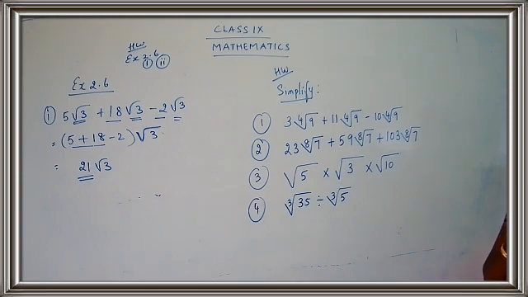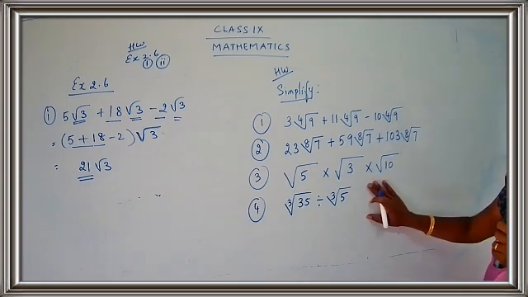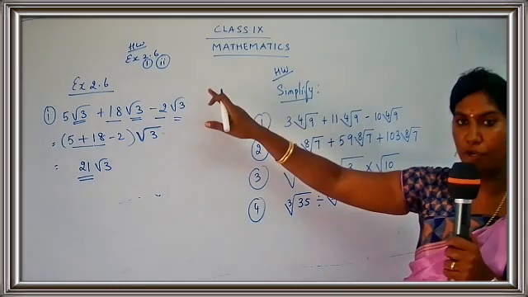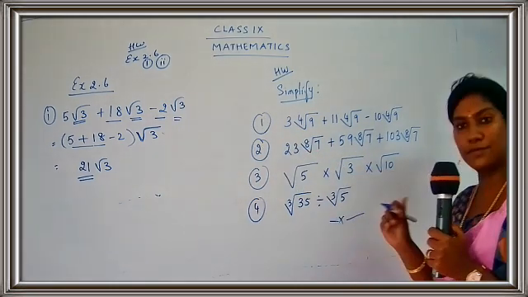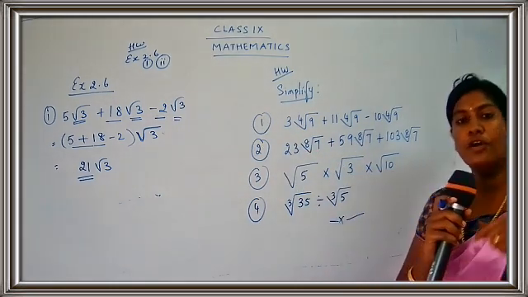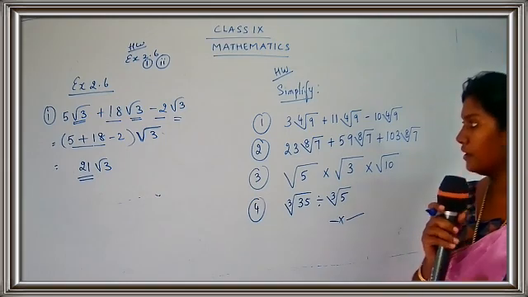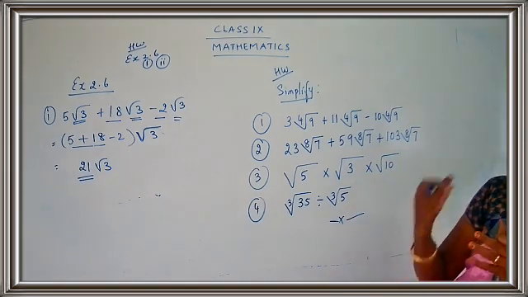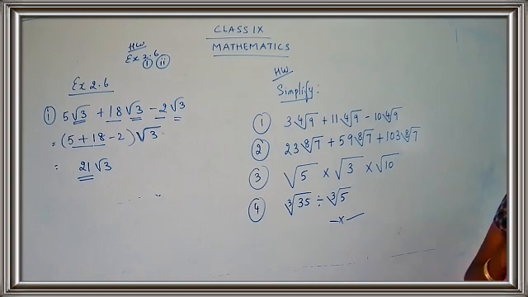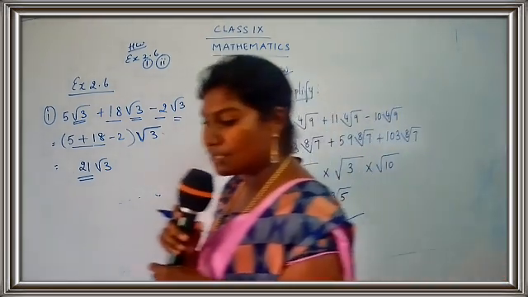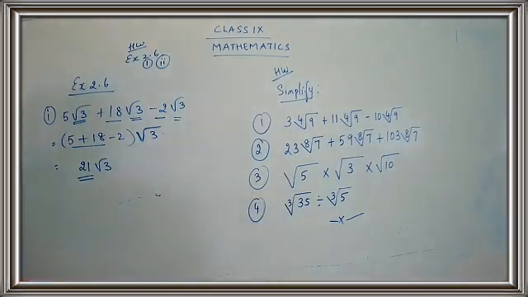Okay, children, so totally I have given you 4 extra questions along with 1 question from your textbook. So you have totally 5 sums to do, okay? So you have to refer to your points to remember. You have to just see the rules, apply the rule and you get your answers. Okay, children, I hope you will be able to solve the sums. Try out. Okay, children. So we will be continuing with the remaining sums in the next class.